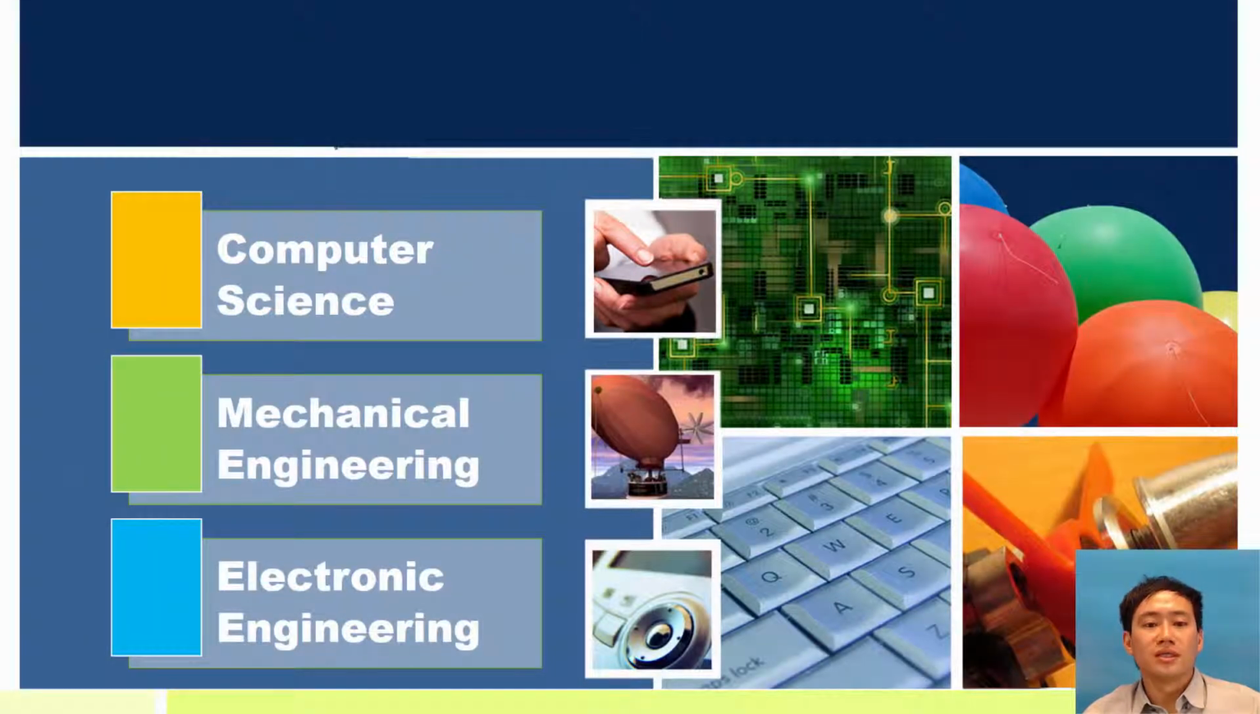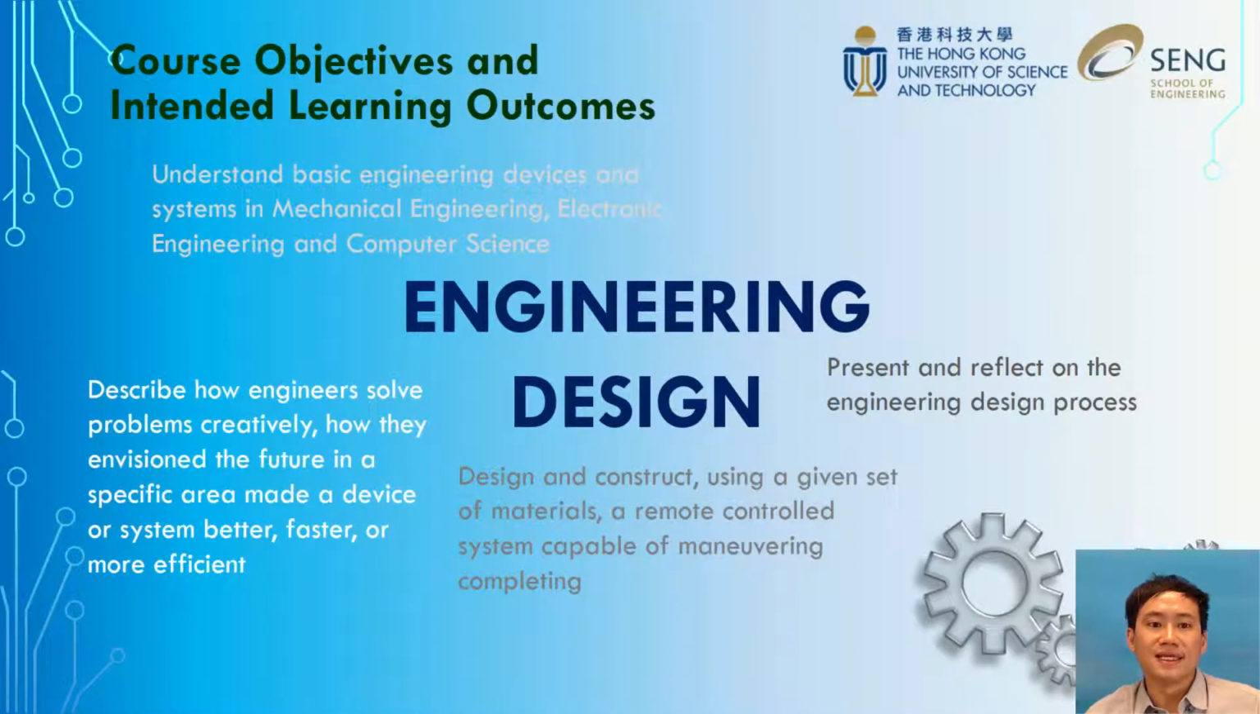So throughout the course, you need to learn and understand the fundamental engineering principle in computer science, mechanical engineering, and electronic engineering. You don't just learn this principle, you are also required to combine the knowledge together through the engineering design process. The intended learning outcomes of this course are, at the end of the course, you will be able